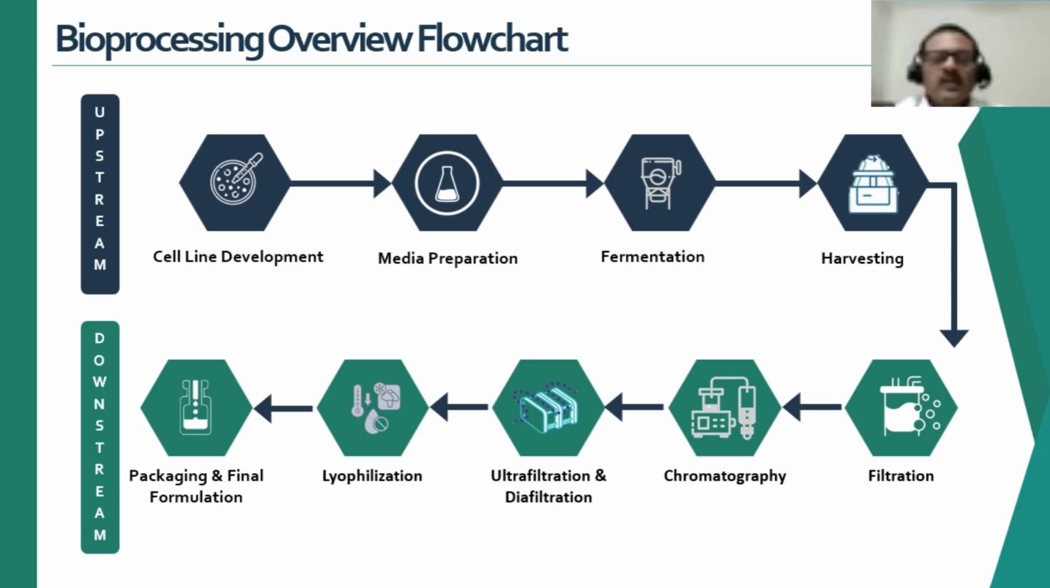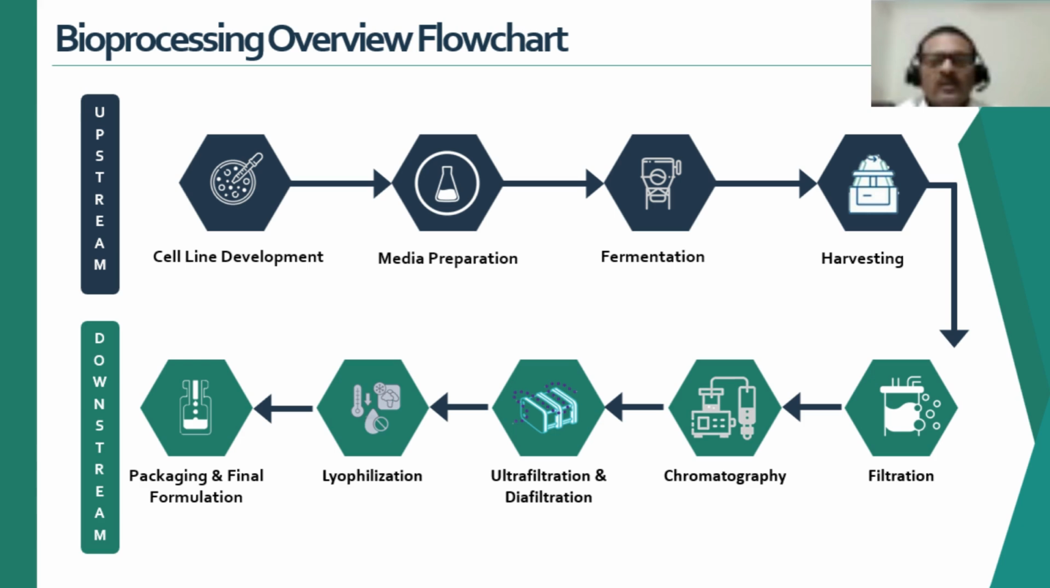The workflow is mainly segmented into two phases, one upstream and the second downstream. The upstream phase is making the product, whereas downstream is purifying the product. So the upstream starts with cell line development, where a desired cell line or cells are being grown from